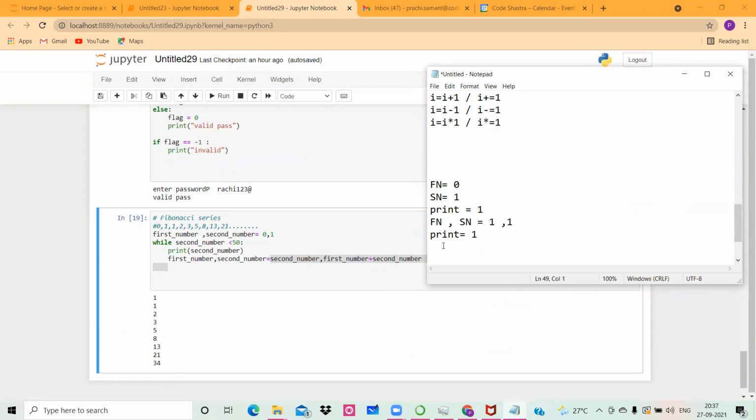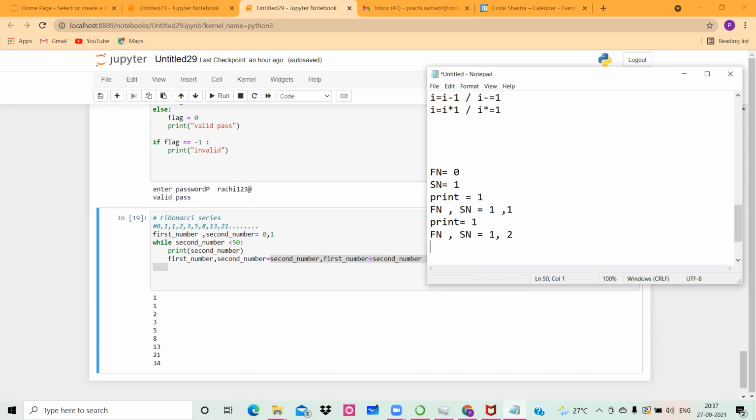So next time पे भी print करते वक्त वो 1 ही print करेगा. Then it will go to this particular case जहाँ पे first number and second number modify हो जाते हैं. What will be new first number? So जो आपका previous second number था, that will become new first number. And new second number कैसे मिलेगा? तो addition of first and second previous one, तो वो आपको second number देंगे. That is 1 plus 1, that is equal to 2.